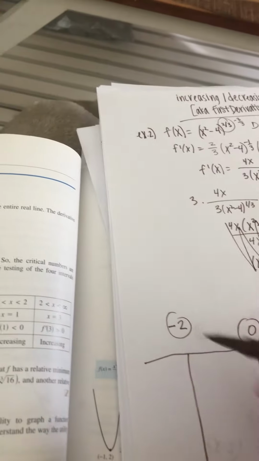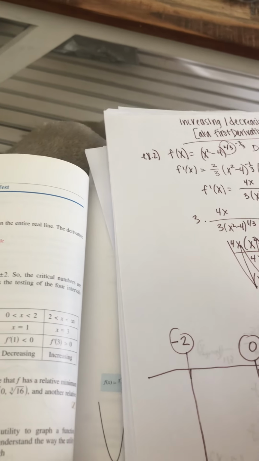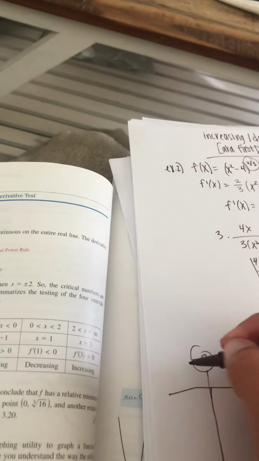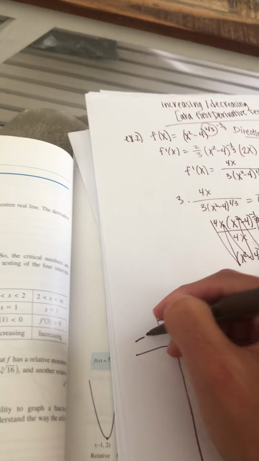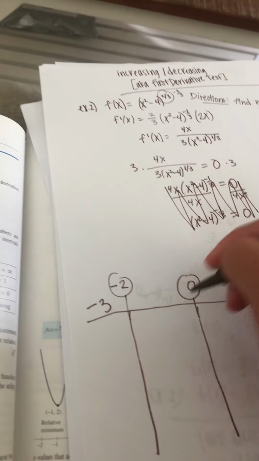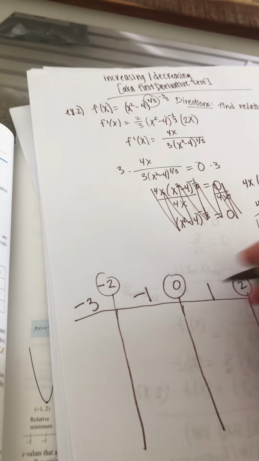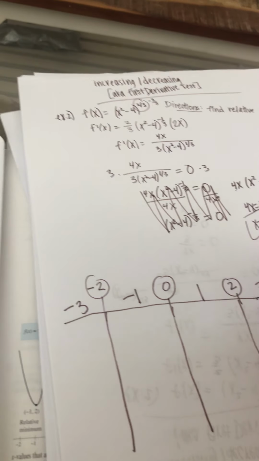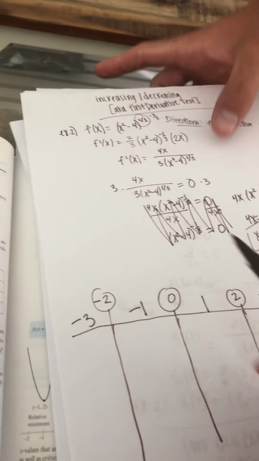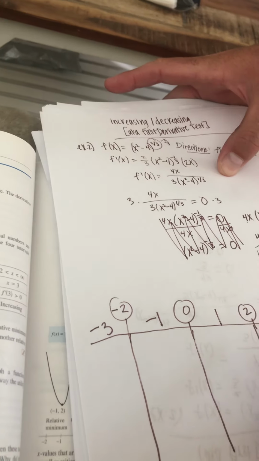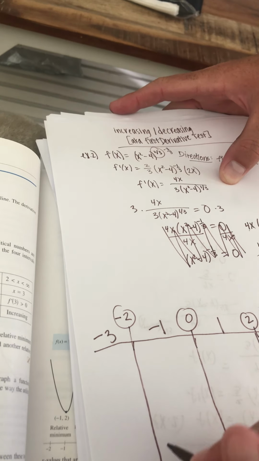So I've got to plug in numbers that are on each side of this. I've got negative 3 because that's a number smaller, and I'm going to plug in negative 1. I'm going to plug in 1, and I'm going to plug in 3. Yeah. So when I do that, remember I'm going into the first derivative because I already found my critical numbers,